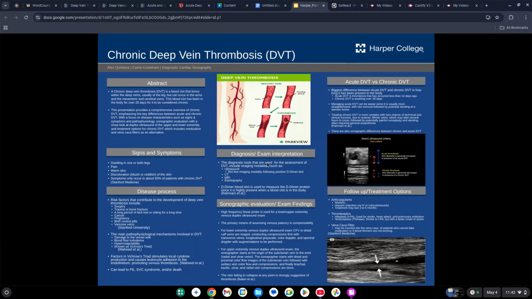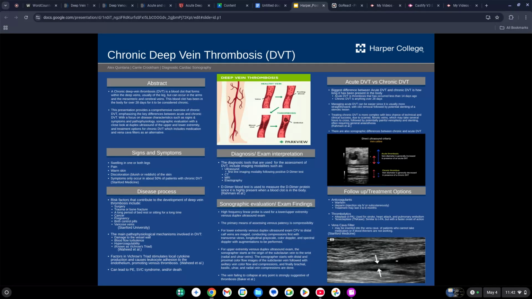Alright, now we're going to go through the diagnostic tools. The diagnostic tools that are used for the assessment of DVT include imaging modalities such as ultrasound. This is the first line of imaging modality following positive D-dimer testing. CT or computed tomography, MRI or magnetic resonance imaging,